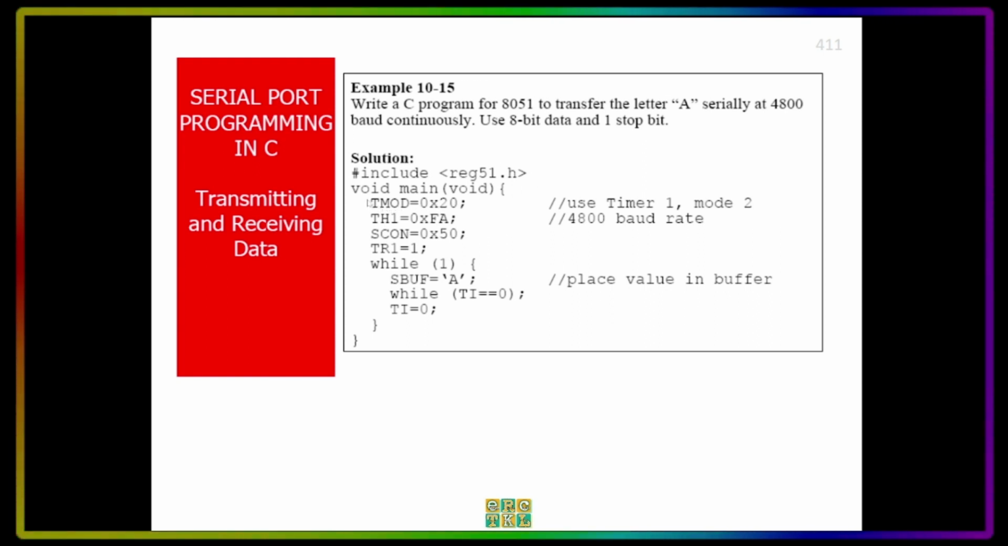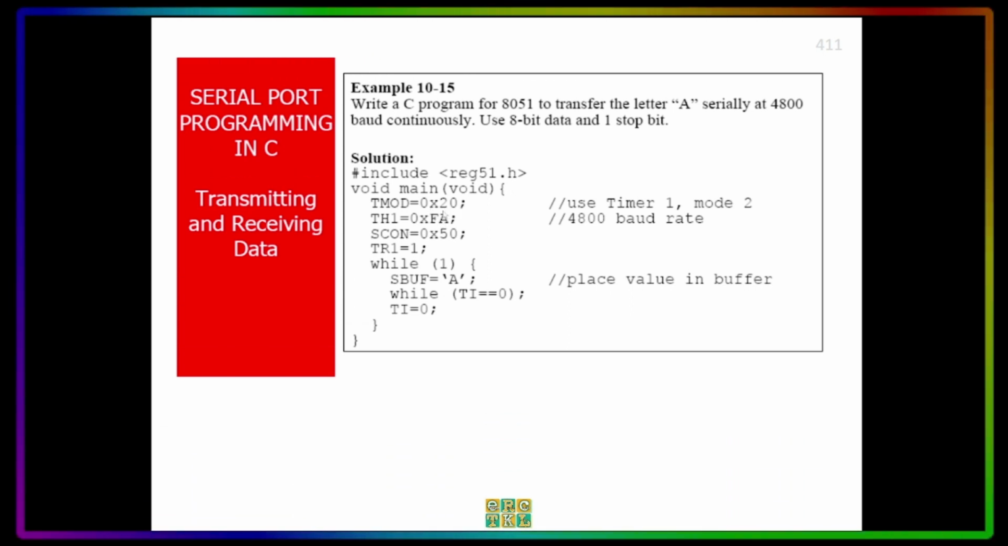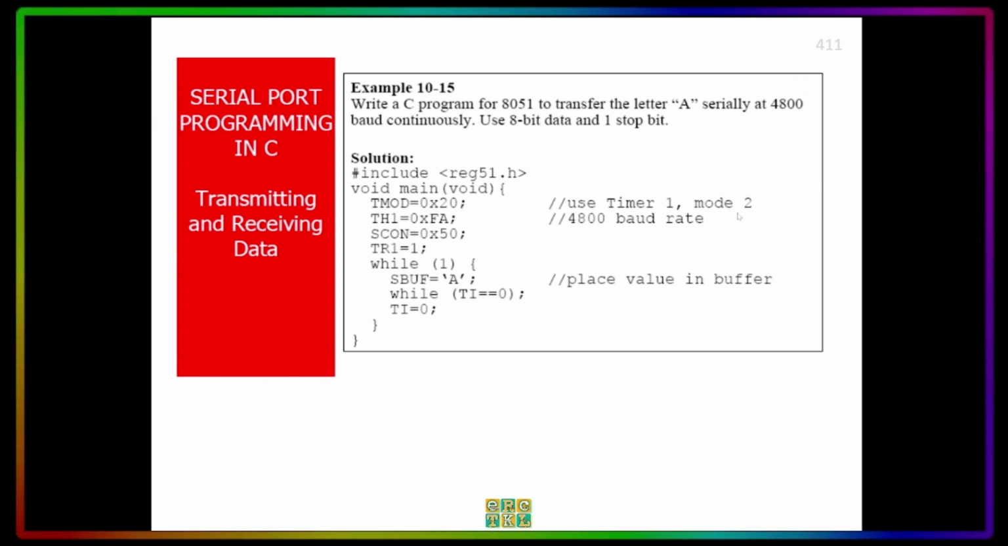We have then the void main void followed by TMOD equals 0x20. This means mode 2 for timer 1 and mode 0 for timer 0. So we will just be using timer 1, mode 2. And then we have TH1 equal to 0xFA. This is for the